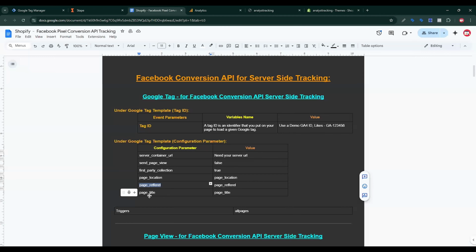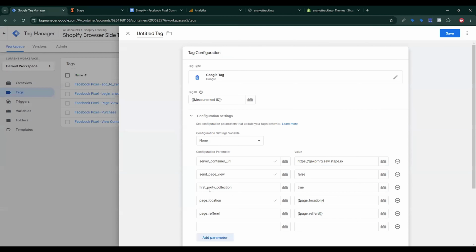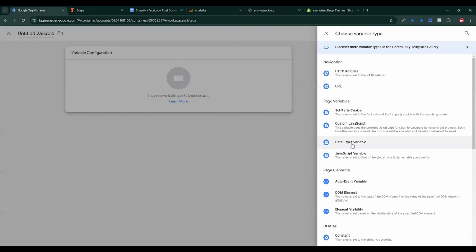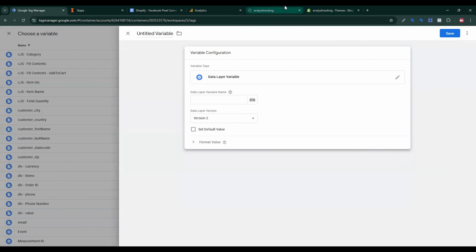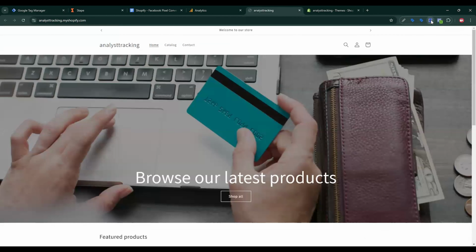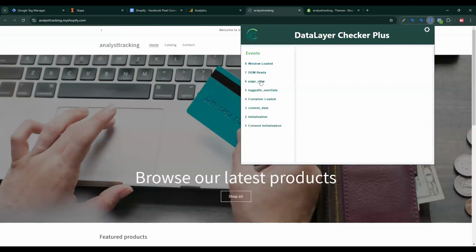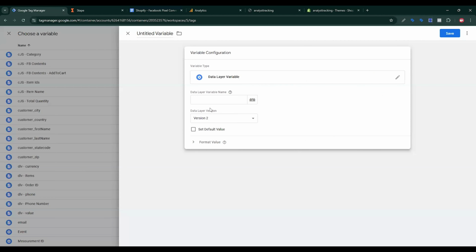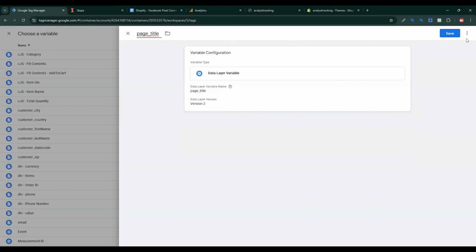Now another one is page title. Copy again, then paste here, then click on the plus sign, then find the data layer variable. Again go back to your Shopify store, click on the Data Layer Checker Plus extension, then click on page view. Now another one is page title. So copy this page title, go back, paste here, then give a name to this variable, then click